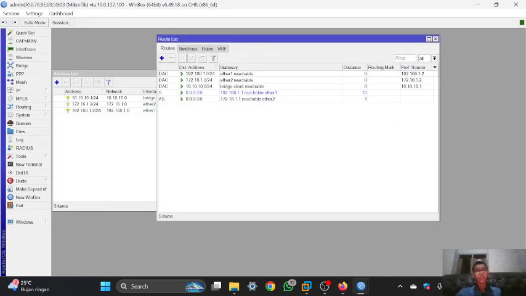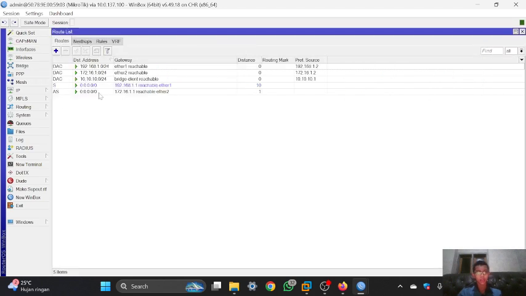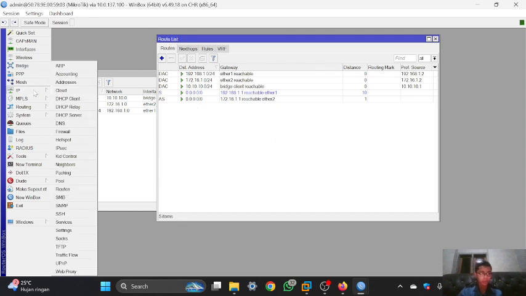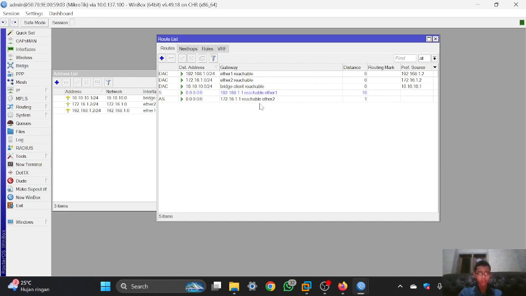Oh, sorry, I forgot to tell some information about check gateway. That means the MikroTik will always check the gateway in here. If some ESP has some problem, I will use the check gateway tool.